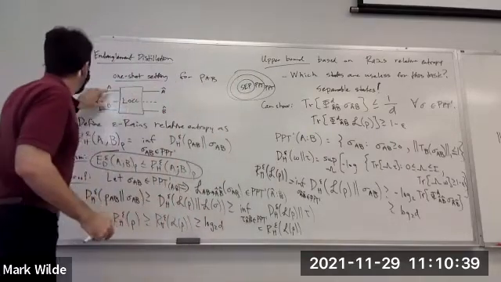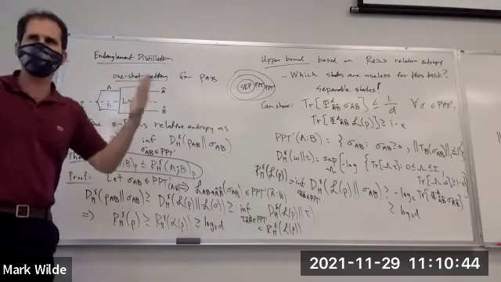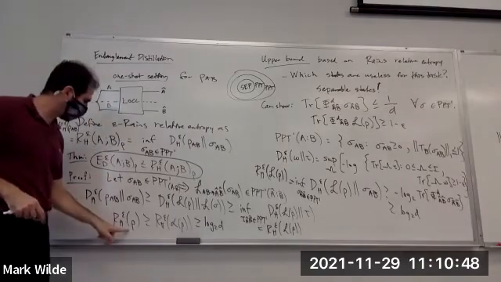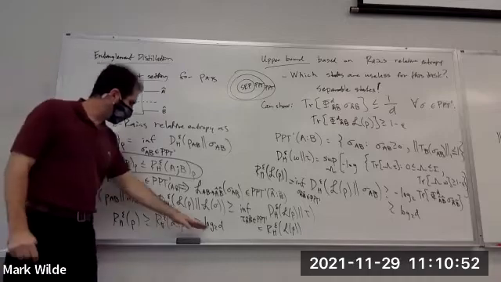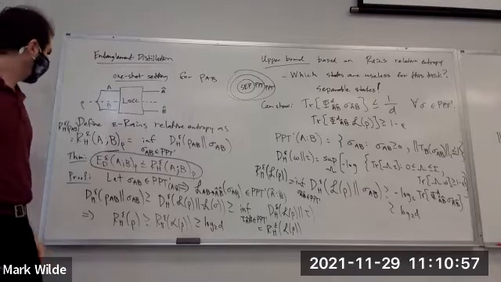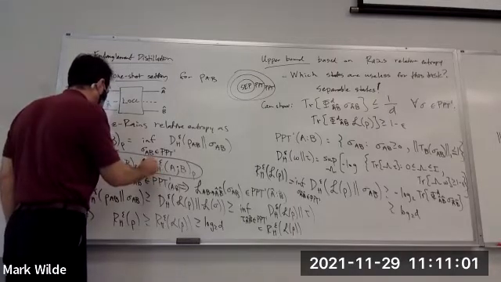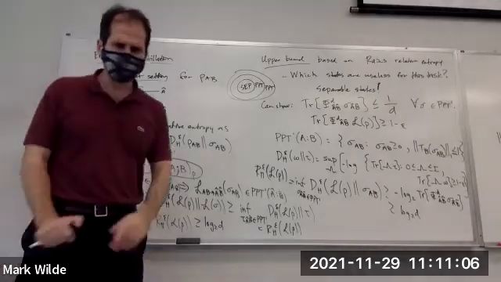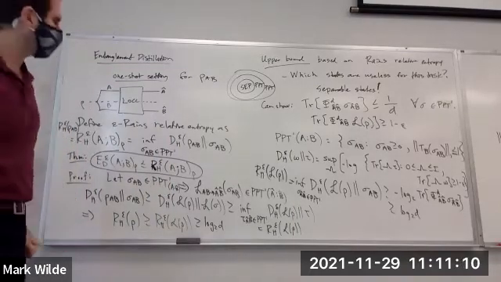Here, the resource that we started off with is not a channel, so there's no optimization over encodings or anything like that. We just eventually have a bound that's phrased in terms of the initial resource and the parameters for the test. Okay. So that's this bound. Very nice bound. Subsequently improved around 2018, but we won't talk about that.